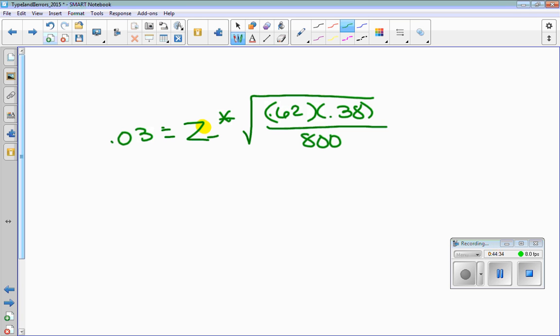We're going to simplify what's under the radical, and then we'll divide both sides by that number, and that will give me a z star. Okay, I got a z star of 1.748. How do I go from a z star to a